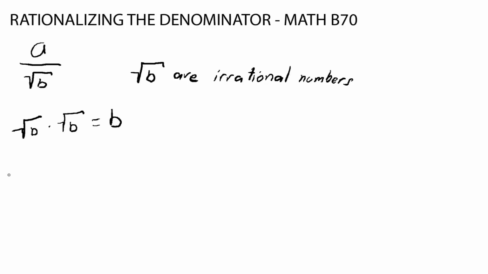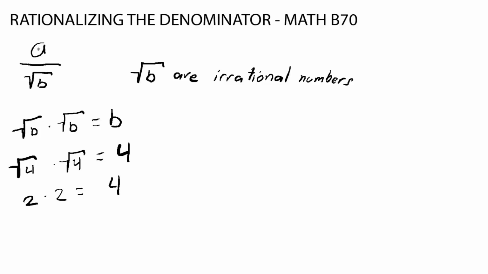How can we prove this? Square root of 4 times square root of 4 is equal to 4. This being said, we know that the square root of 4 is 2, so 2 times 2 is equal to 4. Now that we know this, which is pretty important,